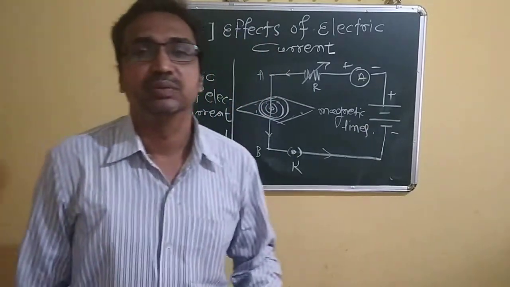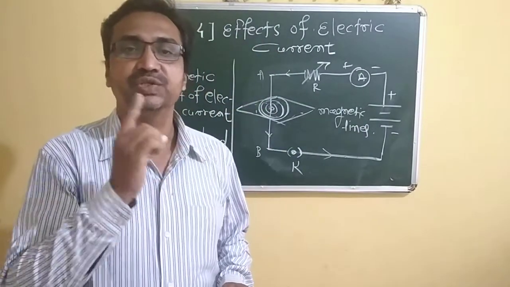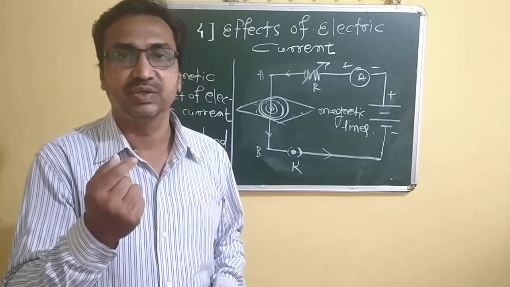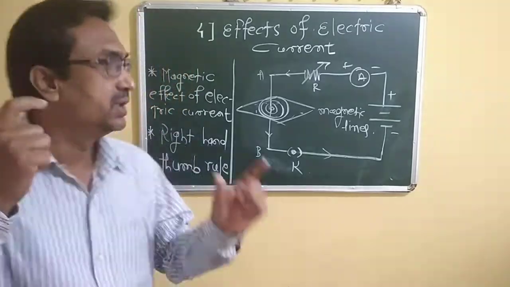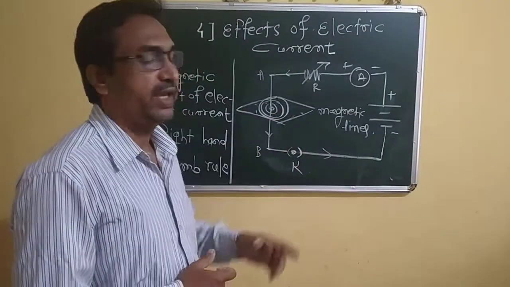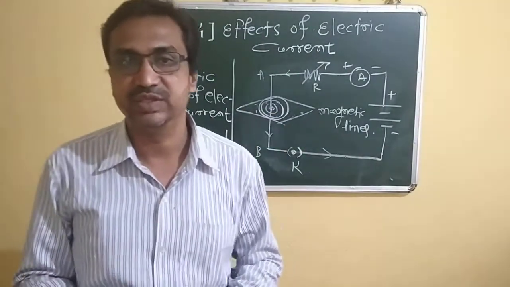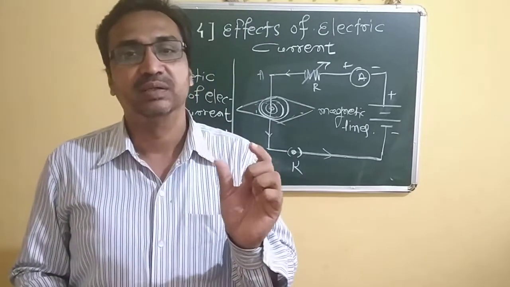These concentric circles show the magnetic lines. In its vicinity we can easily see iron filings aligned in a circular